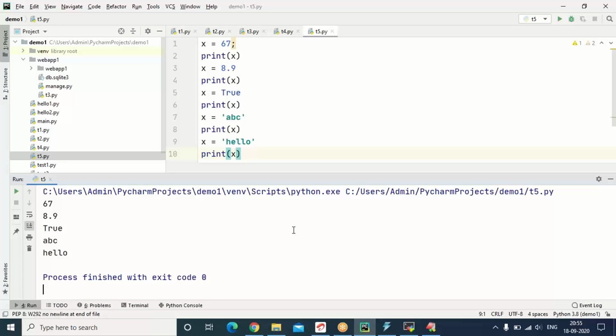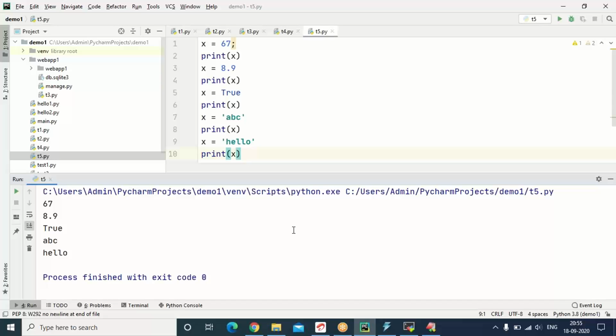In case of Python, values can be of any different types. Initially an int value, then a float value, then a boolean value, then a string value, again a string value. It is up to your requirement. Inside a variable, you can store any type of value.